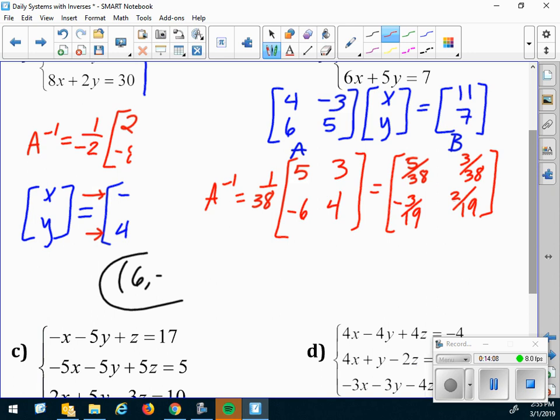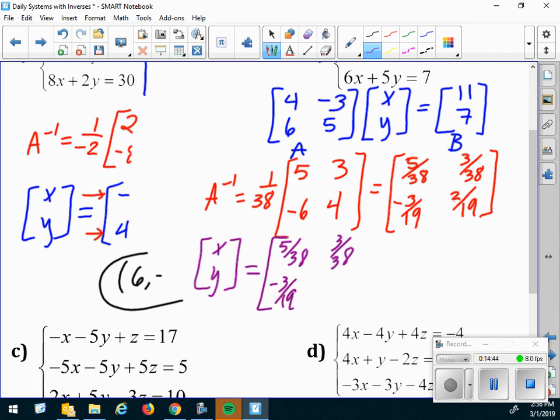What do I do with the inverse matrix? Multiply it by what? Multiply it by B. Yep. It's B. That's B. That's cool. No problem. So you're going to write this XY equals, yes. Write it like this: 5/38, 3/38, -3/19, 2/19, times